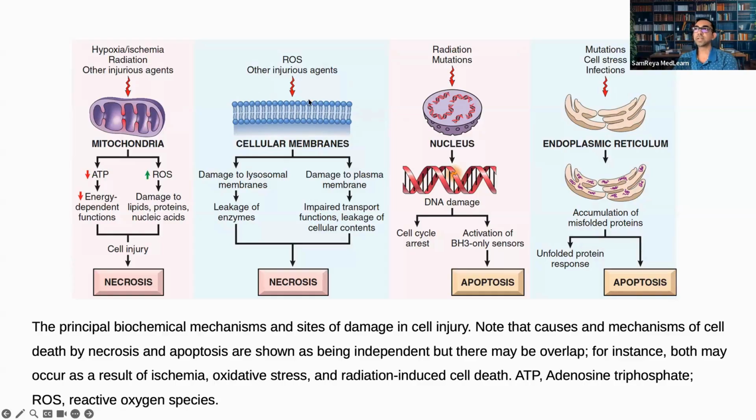So what we discussed here is different injuring agents which can cause severe damage, or you can say prolonged damage, to the cell, and depending on what the tissue type is, how much time has passed, what the injuring agent itself is, how severely it has injured the cell. So the cell